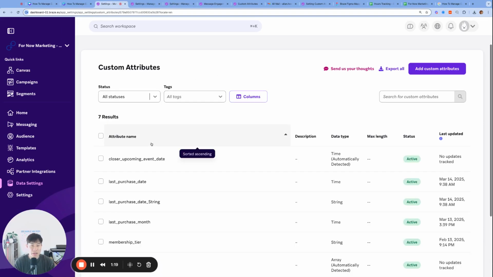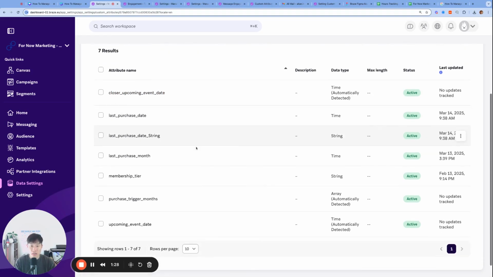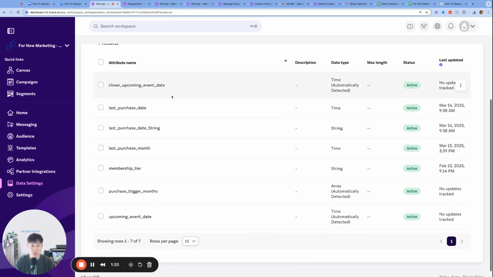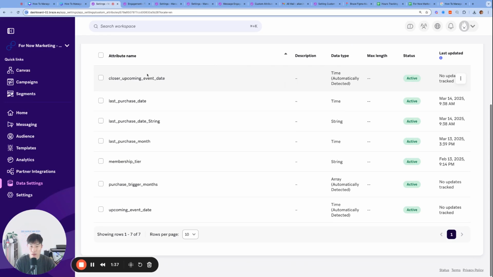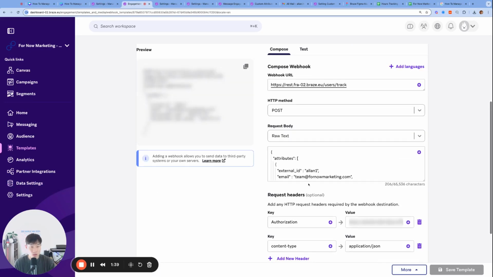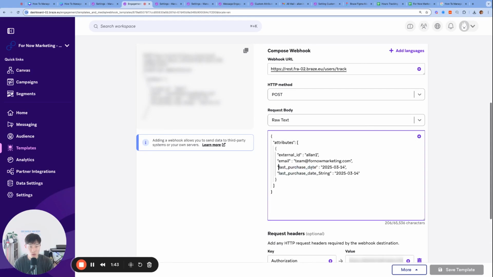And one thing to keep in mind is that this page gets automatically populated when you insert a new data into Braze, or when you ingest a new data into Braze. For example, let's say I wanted to ingest a new custom attribute called maybe last Braze certification date. So it's a brand new custom attribute, does not exist quite yet. So what I'm going to do is come to our webhook and then create a new custom attribute called last